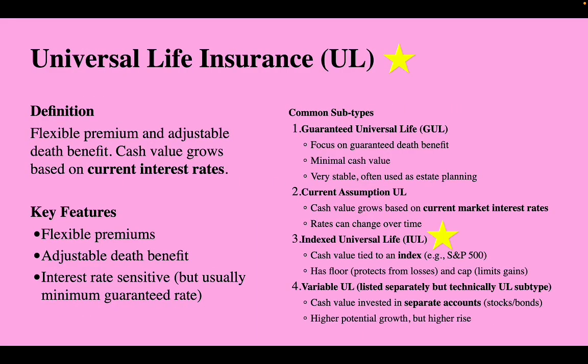Universal life insurance offers flexibility in both premiums and death benefits. Its cash value grows based on current interest rates, with a guaranteed minimum. Guaranteed Universal Life focuses on providing a reliable death benefit and minimal cash value, making it a popular choice for estate planning. Current Assumption Universal Life has cash value that changes according to prevailing interest rates, which can vary over